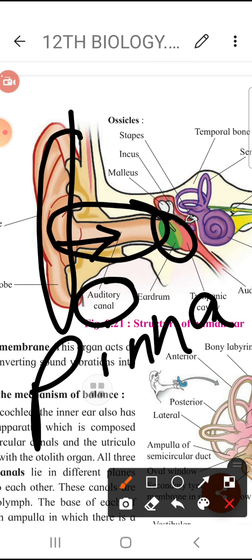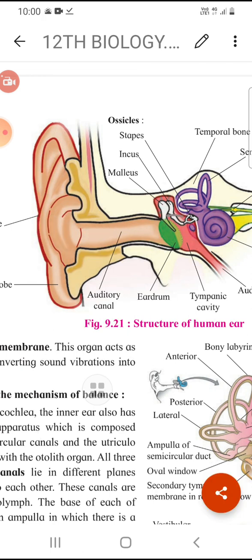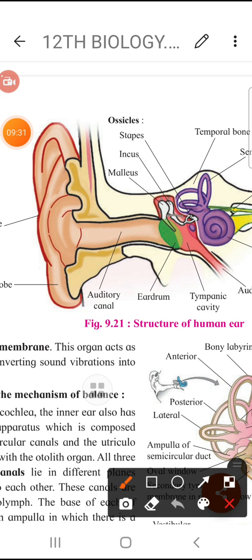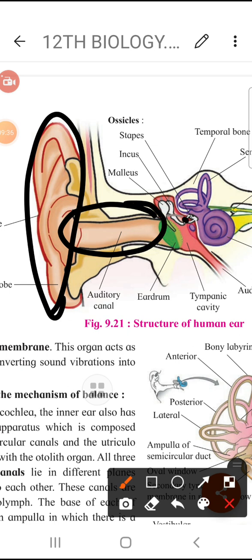यहाँ पे green color का दिख रहा है, eardrum. It is also called as tympanic membrane. What do you call it? Tympanic membrane. So 3 part forms the external ear. What is the 3 parts? 1, 2, 3. First is called as ear pinna, 2 auditory canal, 3rd the tympanic membrane or the eardrum. So these are called as external ear. Then you have